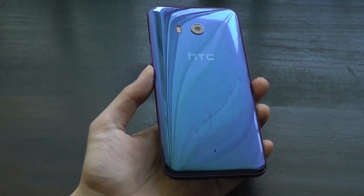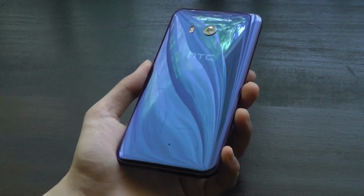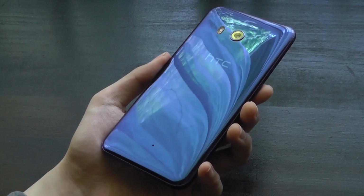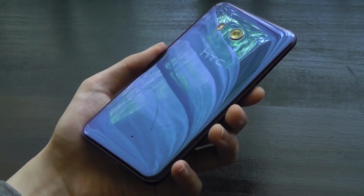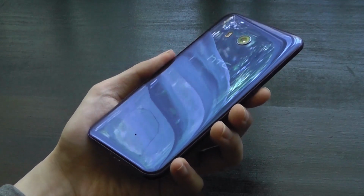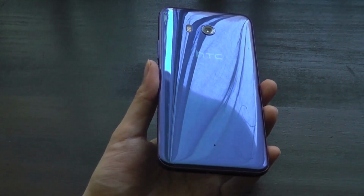Today we're taking a throwback look at the HTC U11 here in 2023. This is a flagship Android smartphone launched by the Taiwanese manufacturer in 2017, making it now 6 years old. In many ways it's bittersweet because it was really HTC's last hurrah at the global market, that is, before things